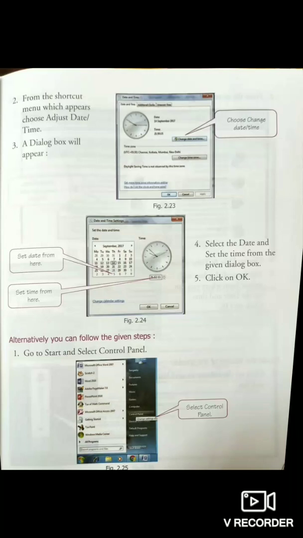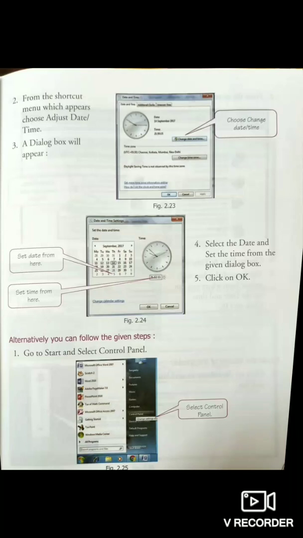Then a dialog box will appear. After that, select the date and set the time from the given dialog box and then finally click on the OK button. Then you will get the